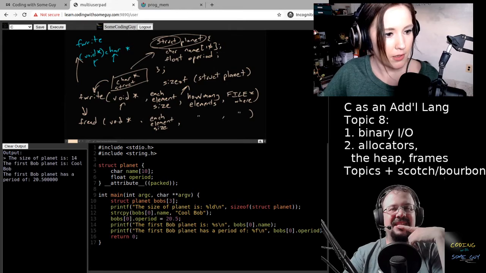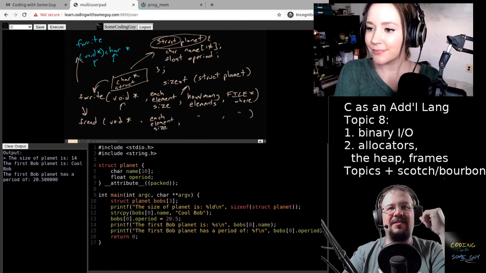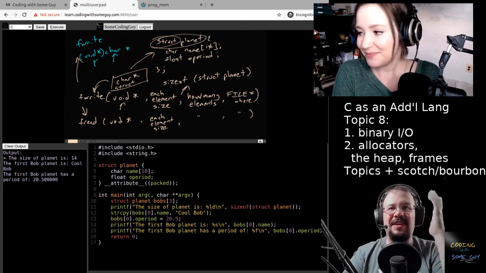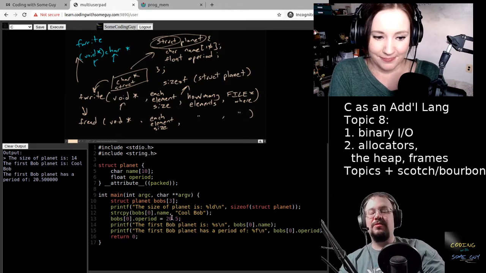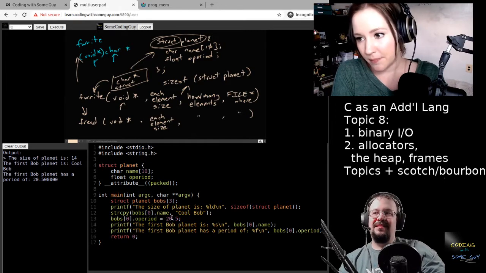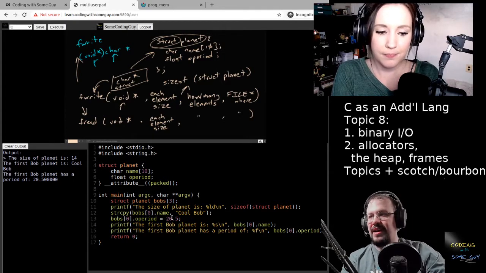Clear this output and... Nice. Look at that. Okay. Now, if we were going to start doing the second planet, we would have to do it the way you're doing it, but with 1 instead of 0. We would do the same thing, but with 1, and then we do the same thing again with 2 for the last one.